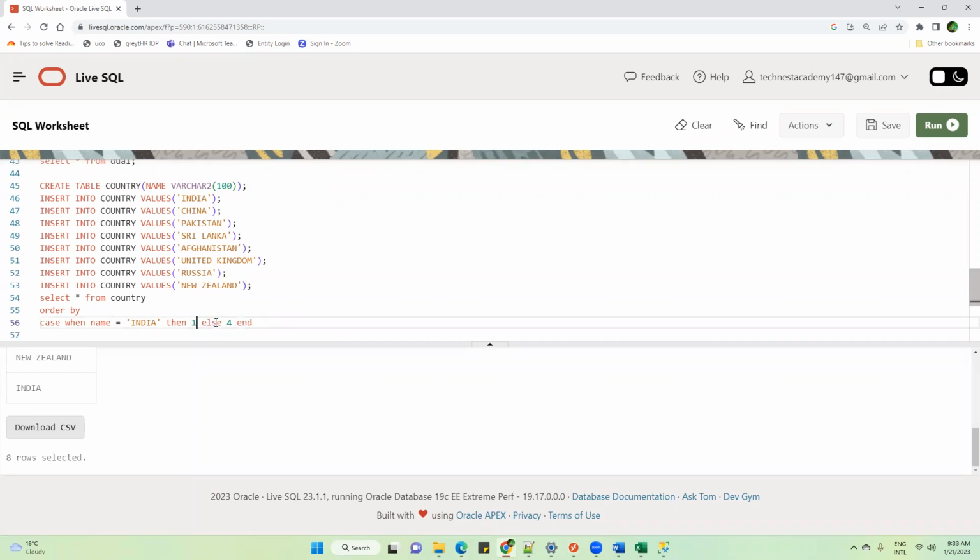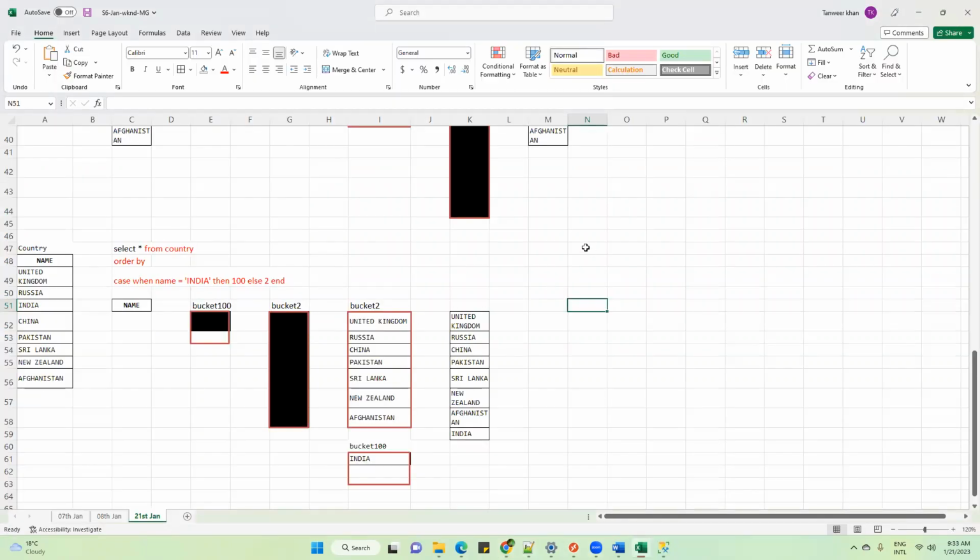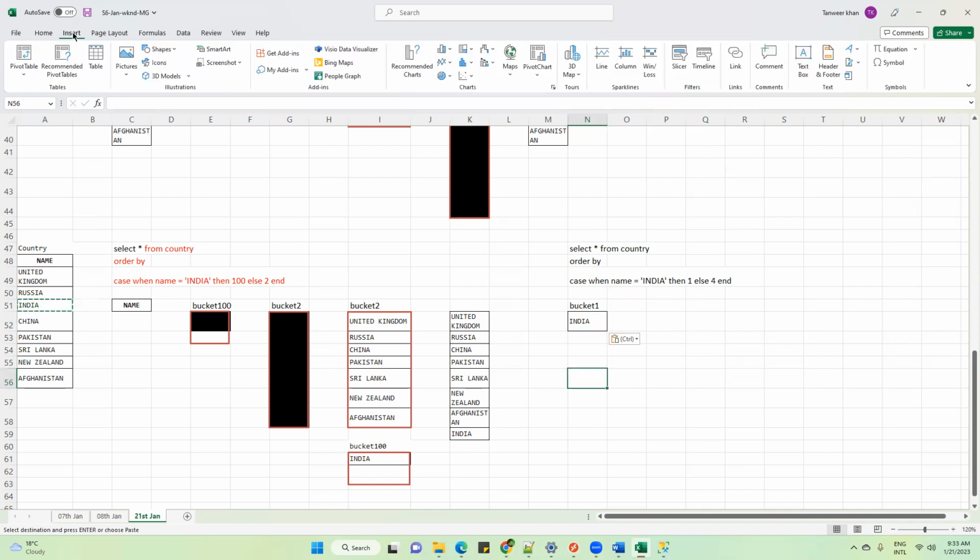So here India will be in bucket number 1, and all other countries will be in bucket number 4. Let me explain this again. We will revise it. Bucket number 1 will have India.